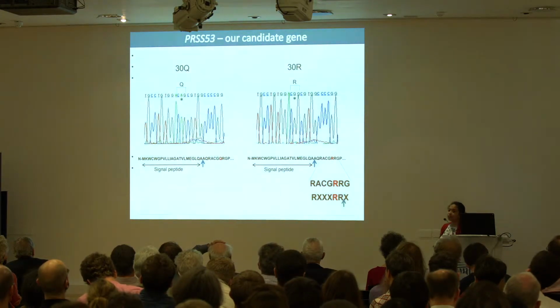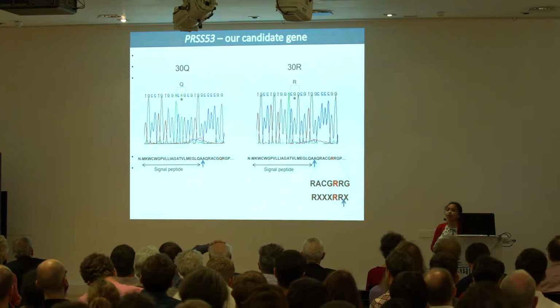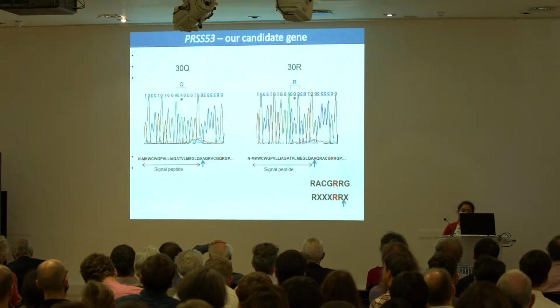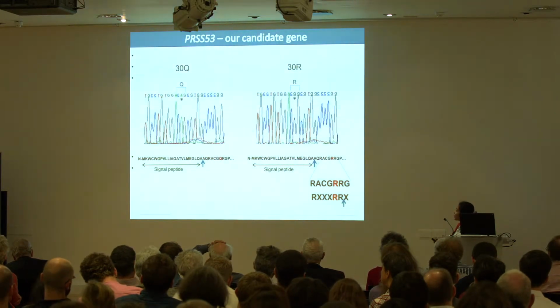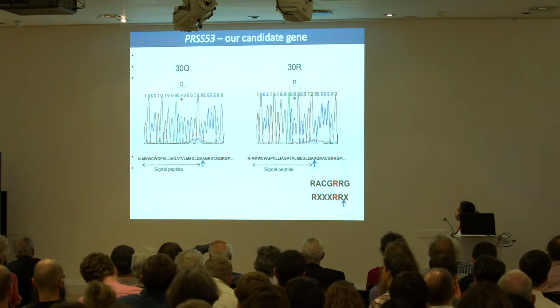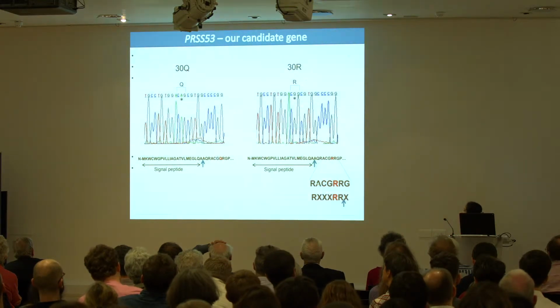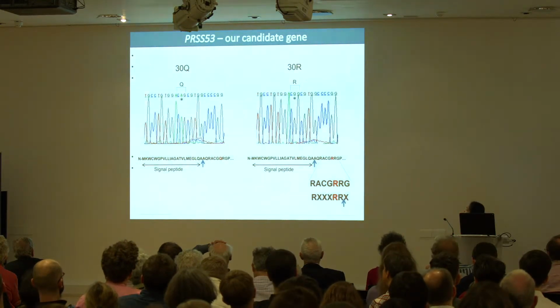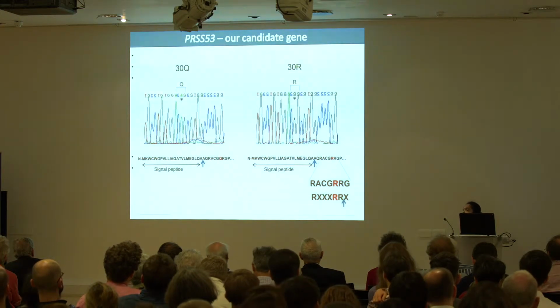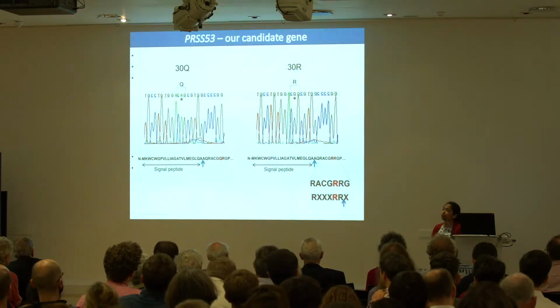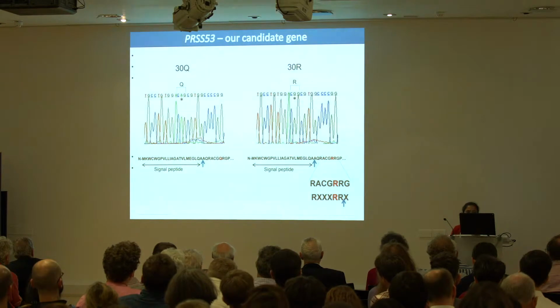What this mutation actually does, from the evidence learned so far: bioinformatic analysis suggests that with the ancestral allele, after the signal peptide, we have a cleavage site here, but if it turns to the derived allele, it introduces a proprotease cleavage site, which affects the processing and maybe the secretion of the enzyme.